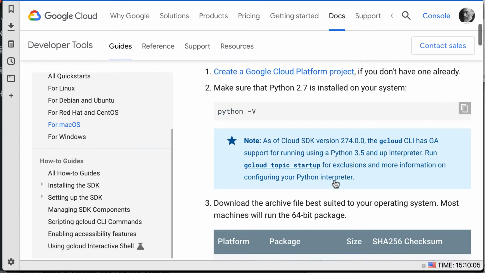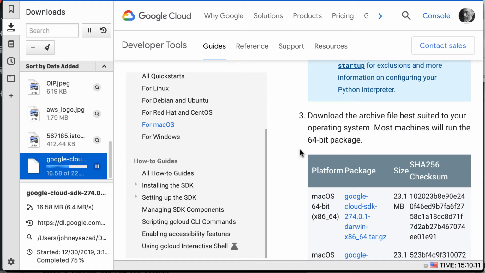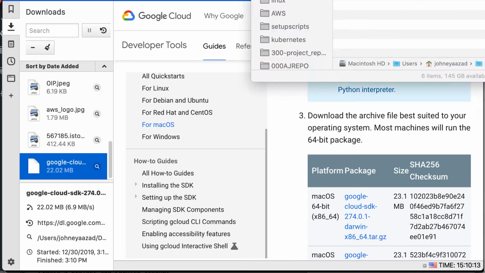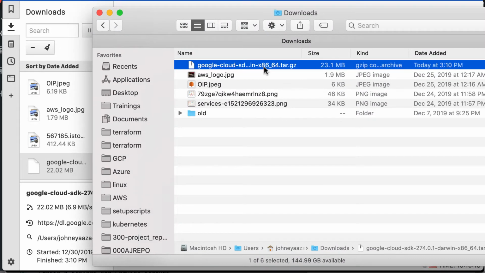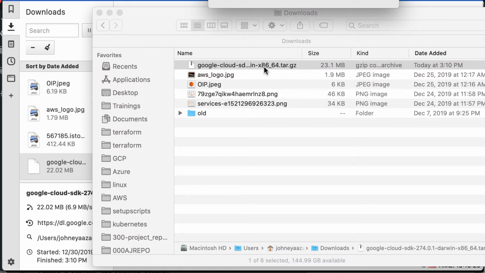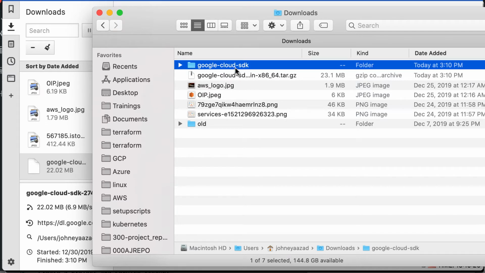Alright, and it's saying download that file, and there it is. And so I could untar it technically, but I'm just going to double click here. We will do it the proper way when we work with